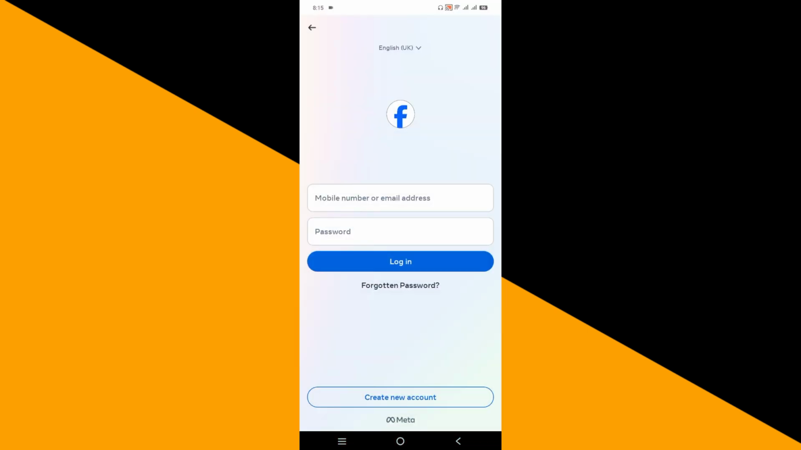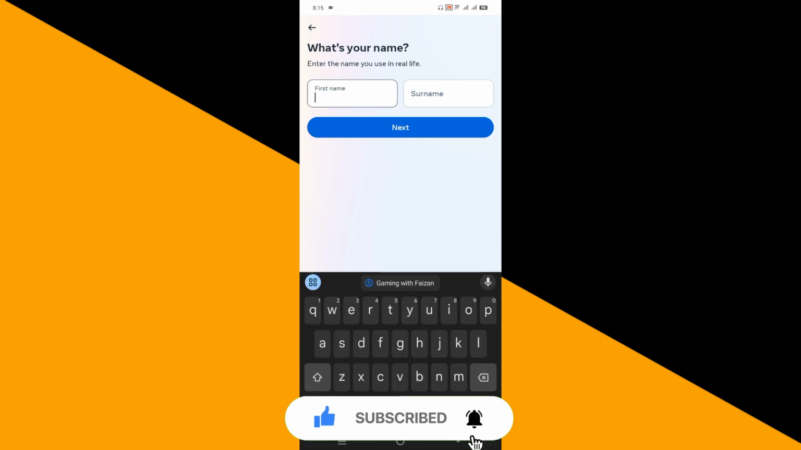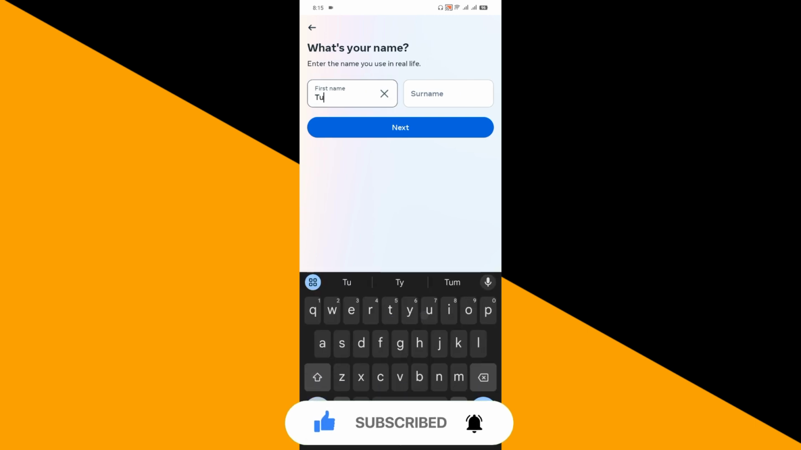So first of all, open the Facebook Lite application and you'll be able to find this sort of interface. Now you'll have to click on create new account on the bottom because we want to create a new one. Click on it. It will take some time to load and then you'll have to click on get started and it will ask you to enter your name and I will enter the name of my channel